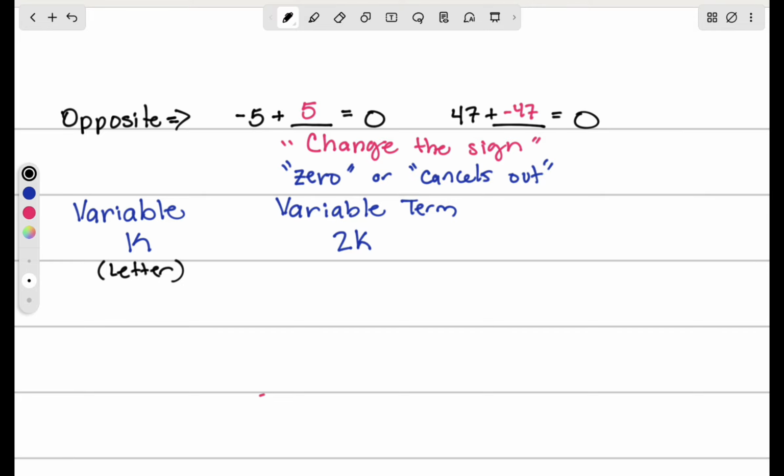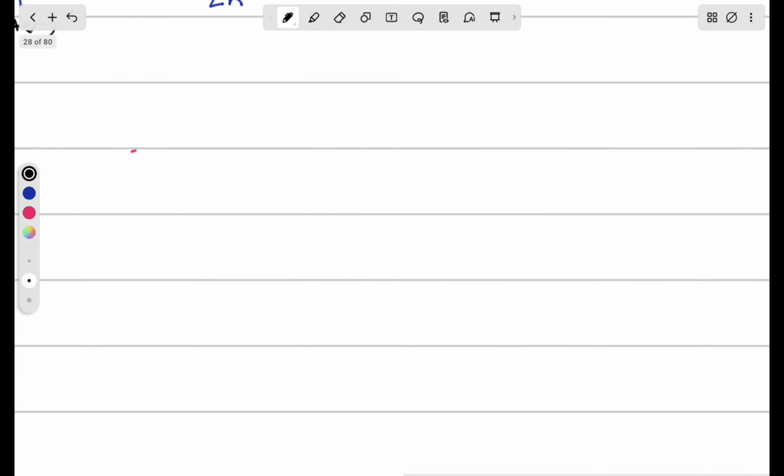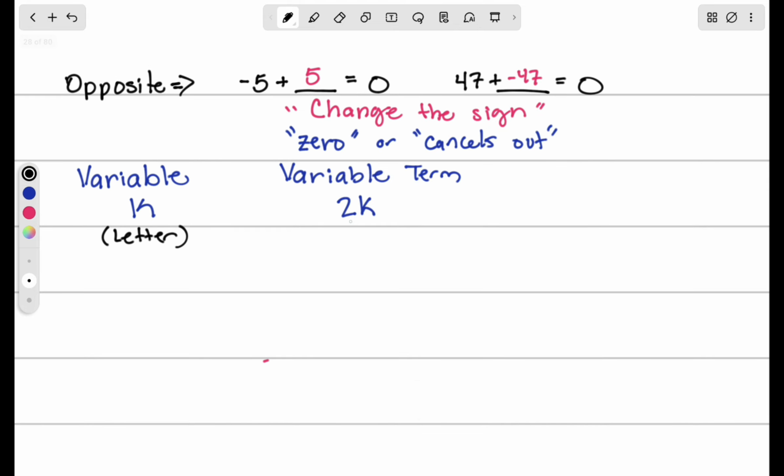Yeah, girl. You got operation in there. All right. So when you have an operation, which is that multiplication, that 2 is the coefficient. All right. 2 is a coefficient. So a variable term has a coefficient and a variable. So a variable is a part of a variable term. A variable can be a part of a variable term. I'll say that. Okay. Now,